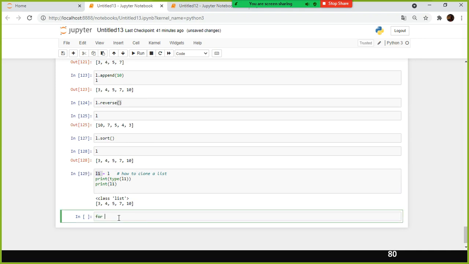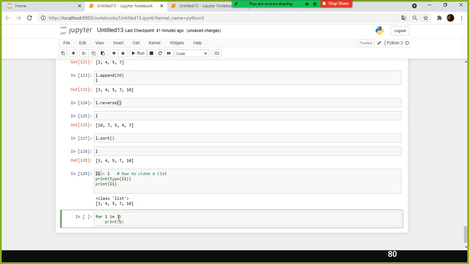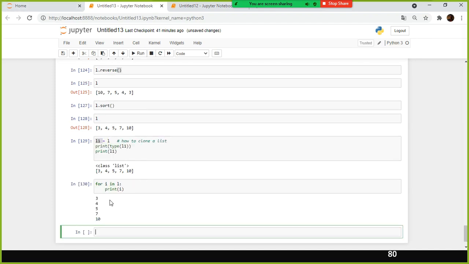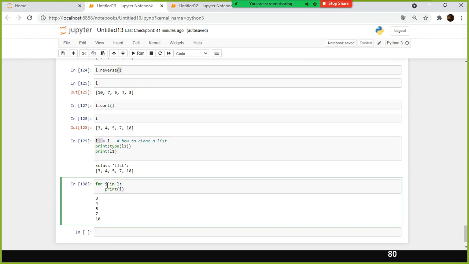We can use a for loop. I will explain that as part of control structures and looping, why we need looping and why we need for i in. Print i. This is to select each and every value, 3, 4, from my list, starting from the beginning till the end: 3, 4, 5, 7, 10.